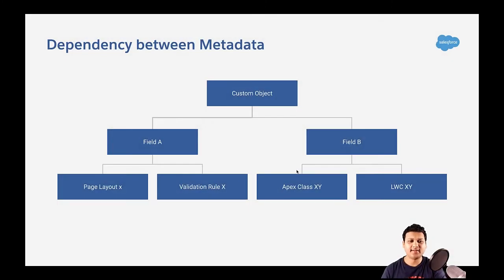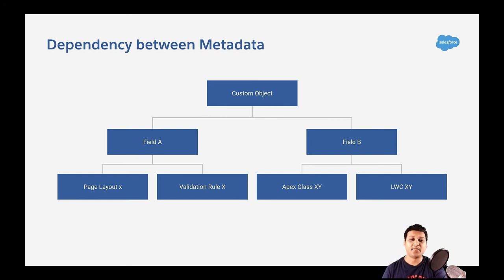All right, so this shows an example of dependencies that can be created between the metadata as you do some code and configurations. For example, let's say you create an object and then you define fields. You'll have, out of the box configuration, you'll generate page layouts and validation rules. So all these things will be metadata and they will be interlinked. Similarly, let's say you create an Apex class, and then you create a Lightning Web component. Let's imagine that the Apex class references a field on the custom object. And let's say you have a Lightning Web component, which also references a field on the custom object that you have created. So all these create sort of a dependency between metadata,